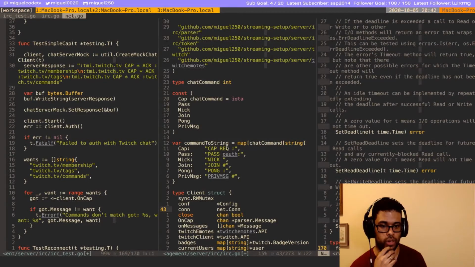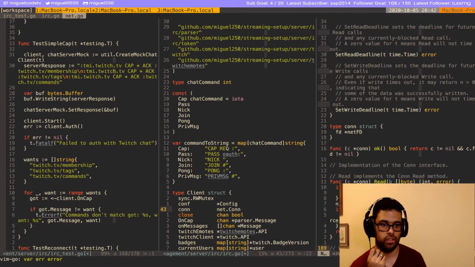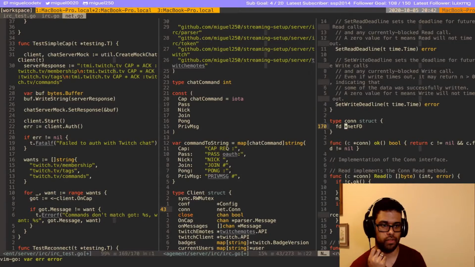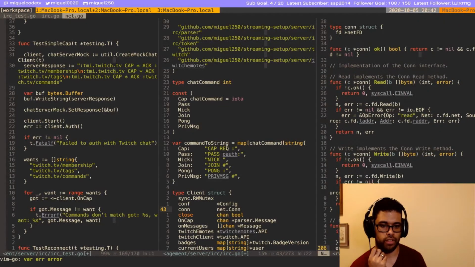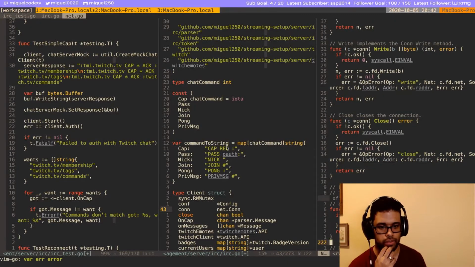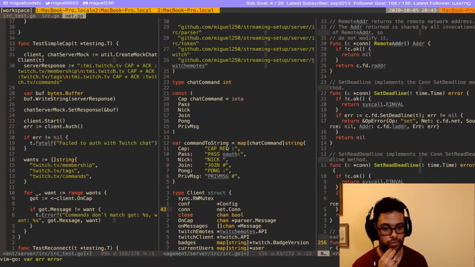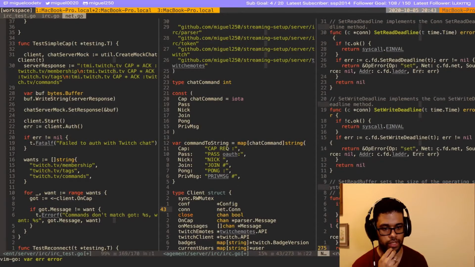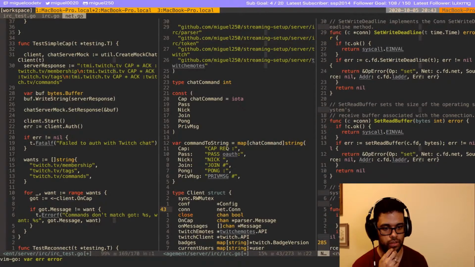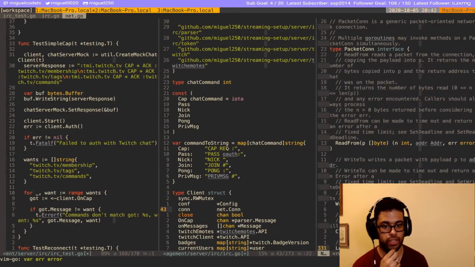Maybe just create a new one, right? So we should close the connection and then open a new one. But we should take a lock. So maybe we should start locking every time we try to write. Wait, we should lock, but that seems a bit too much. So maybe there is a way for us to reconnect. If not, yeah, there's no way to reconnect.